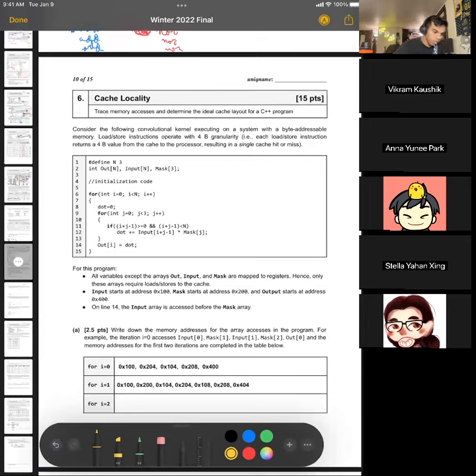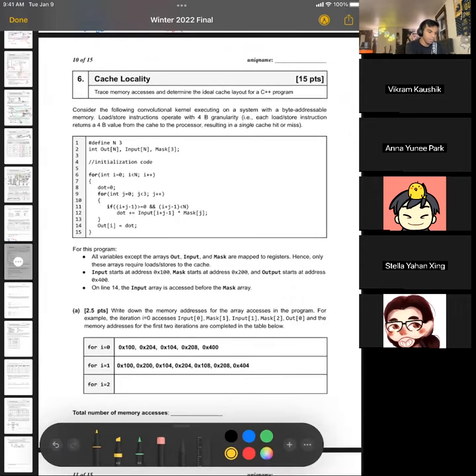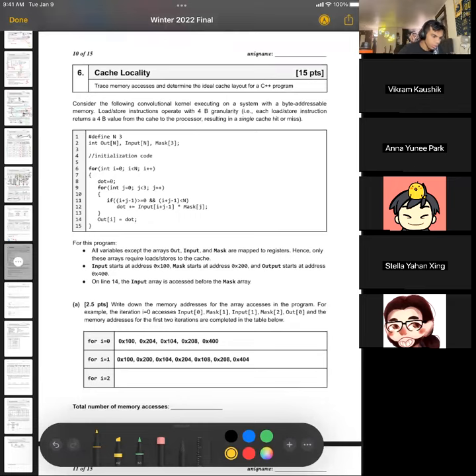Okay, so we are now going to work through question 6, which is all about cache locality. The question says, consider the following kernel executing on a system with byte addressable memory. Load and store instructions operate with a 4-byte granularity. So this is just kind of saying it's word addressable. And it gives us an example